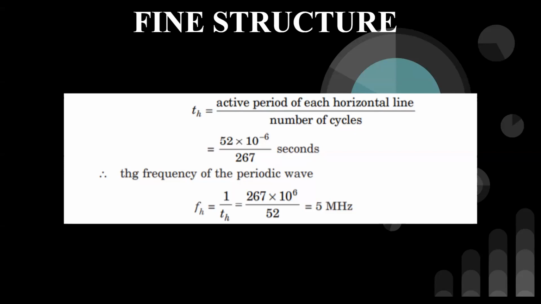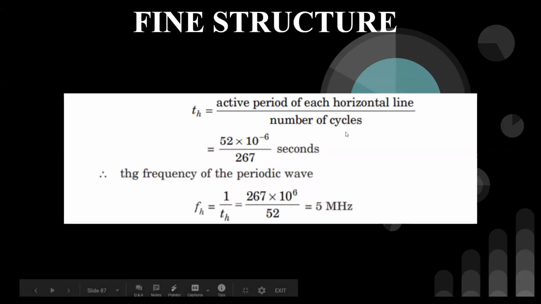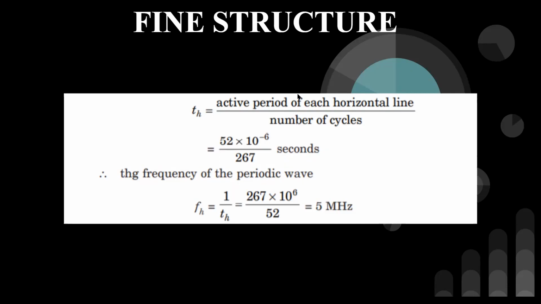So the active period equals 52 into 10 power minus 6 divided by 267. So therefore we are getting the horizontal plane equal to